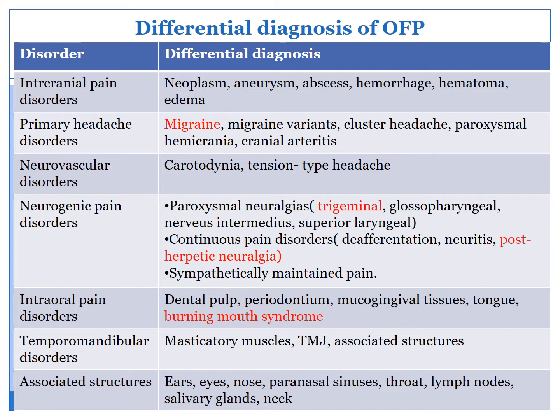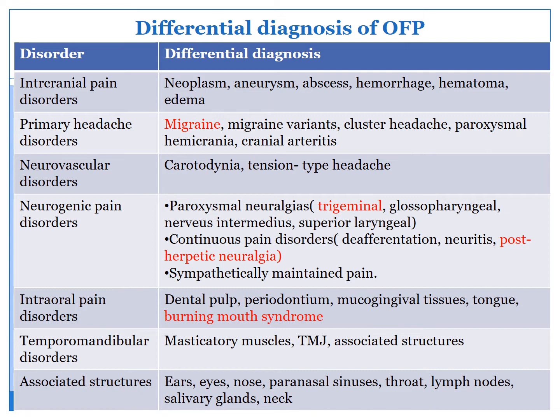Primary headache disorders, with the differential being migraine, migraine variants, cluster headache, paroxysmal hemicrania, or cranial arthritis. Neurovascular disorders like carotidynia, tension type headaches. Neurogenic pain disorders like paroxysmal neuralgias, under which you have trigeminal, glossopharyngeal, nervus intermedius, and superior laryngeal neuralgias. Or continuous pain disorders,